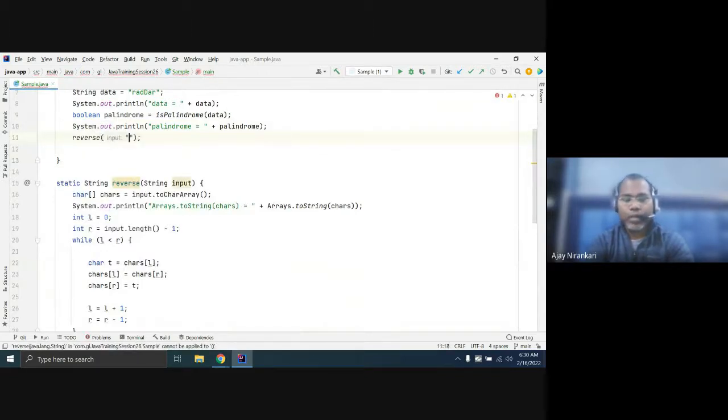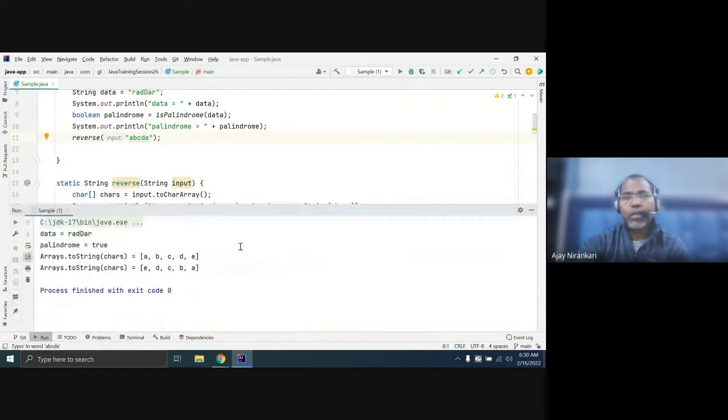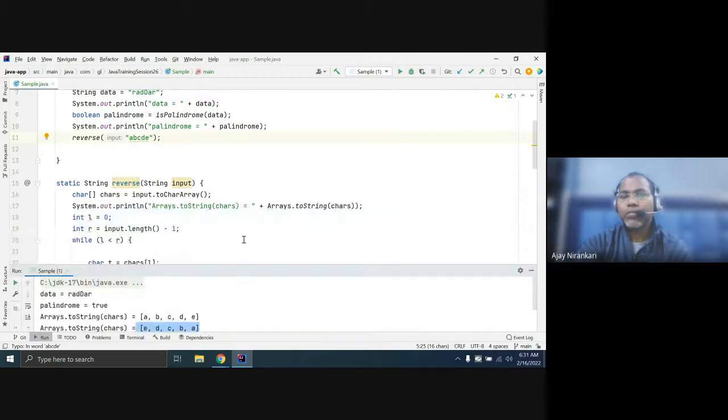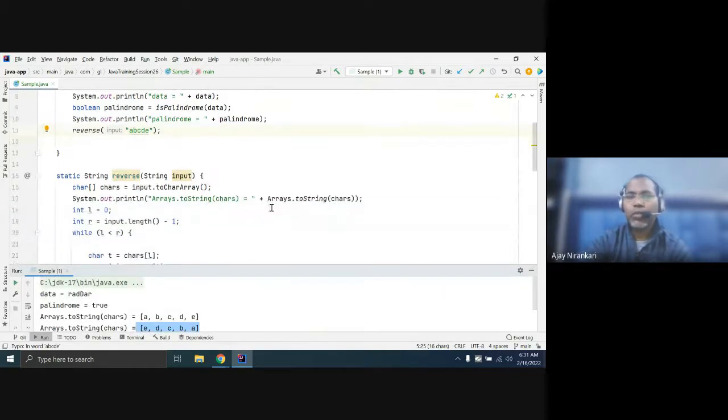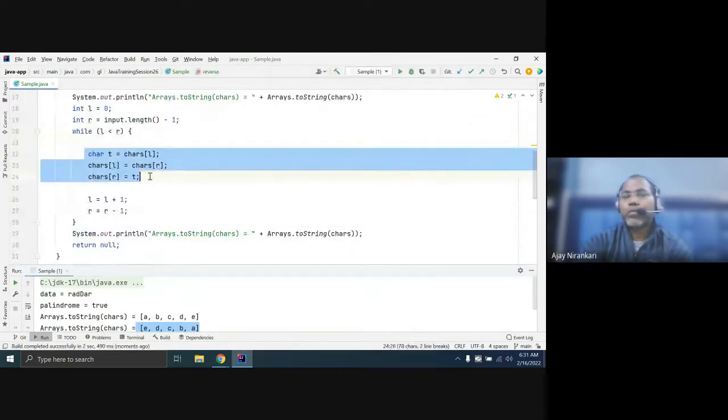Let's pass some data, A, B, C, D, and run. You notice that this is my input data A, B, C, D, and it replaces this with this and this with this. Again, you're replacing this with this and this with this. Finally, you notice your array is reversed. So the logic is the same, just instead of comparing, I am just swapping those characters.